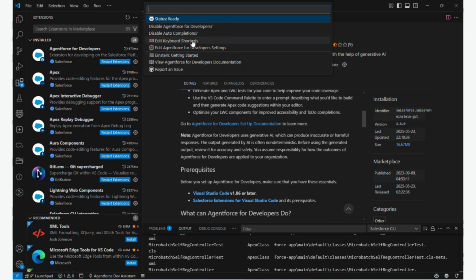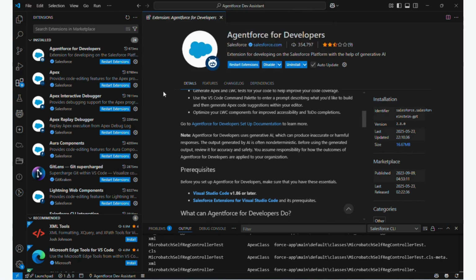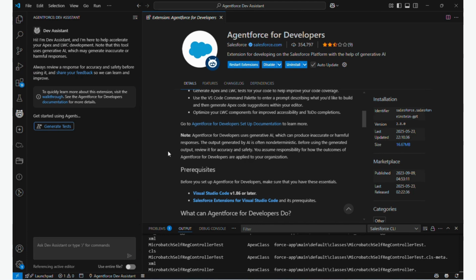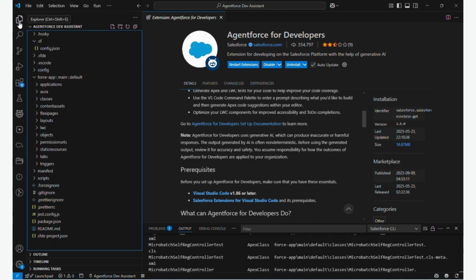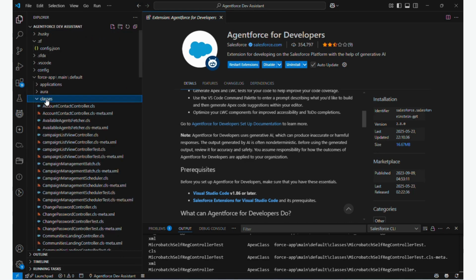And there are also certain shortcuts which you can modify based on your needs and settings. So you can just go through it. And later on, you can go to this Agentforce icon, which is there on the panel. There are certain prompts which are already predefined, which you can run, and based on that, it will show the response. So for example, if I have any Apex class, I'll just try to open an Apex class,